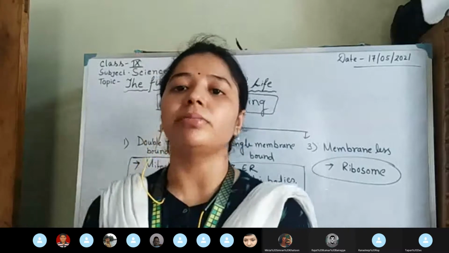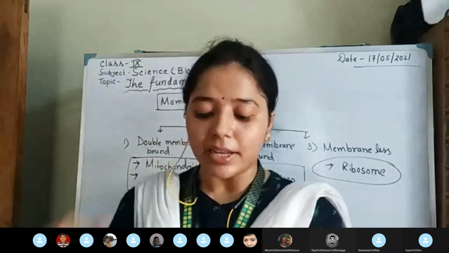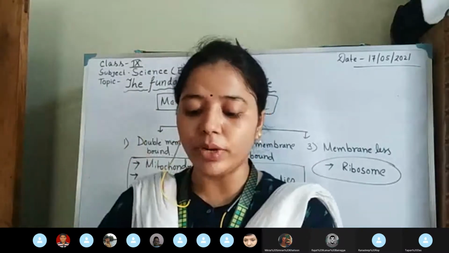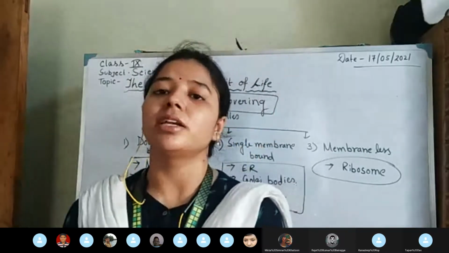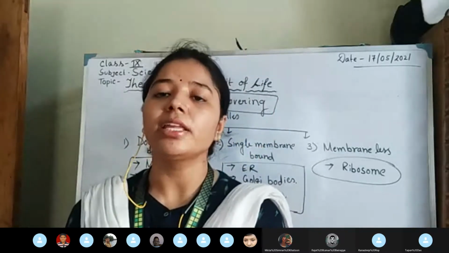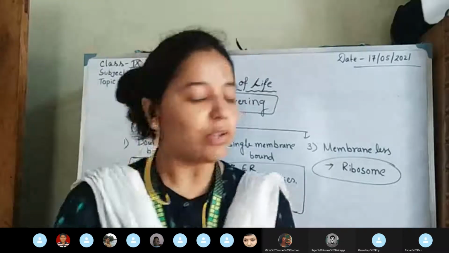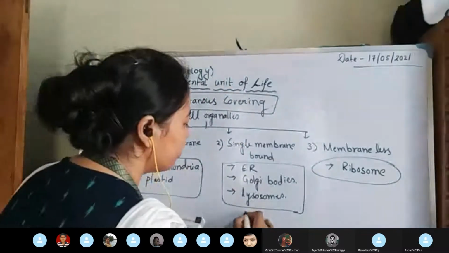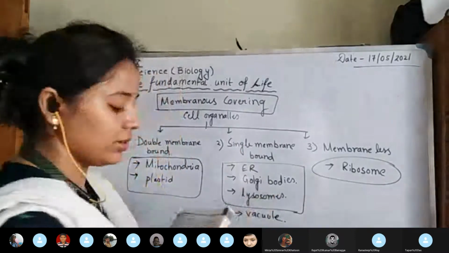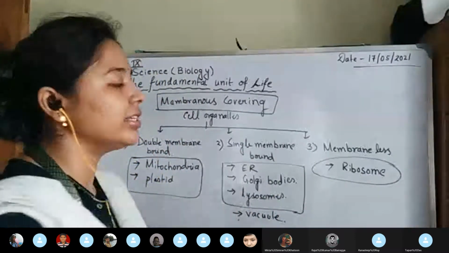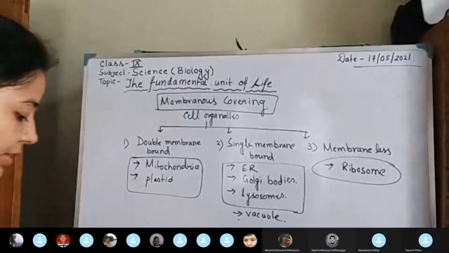In the cell wall, they act as reserve food material, like proteins or aleurone grains, secretory or excretory materials. These all come under cell inclusion. You get this: cell inclusion means the non-living part of the cell. So you can also include vacuole under single membrane bound, but you have to remember this point, vacuole is the cell inclusion part.